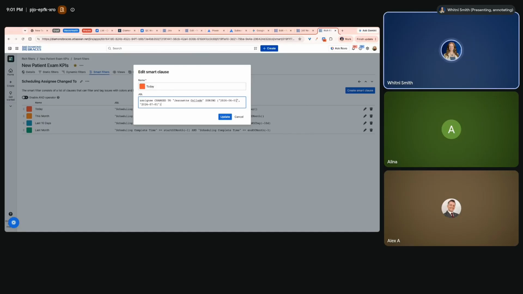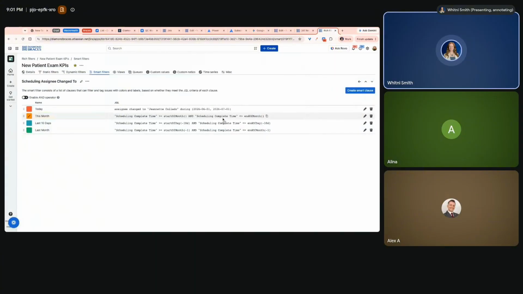This would be... Hey, I'll fix that to be dynamic because I don't want it to be all hard-coded dates. I want it to be today, the month, the year. So it doesn't matter what month you're looking at. You don't have to go in and hard code change it to